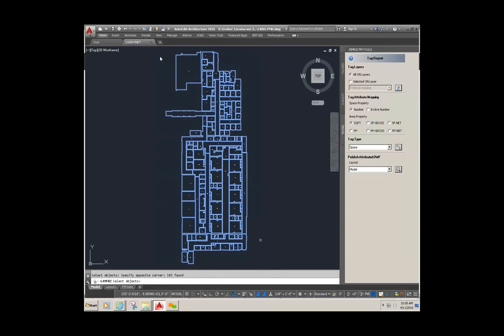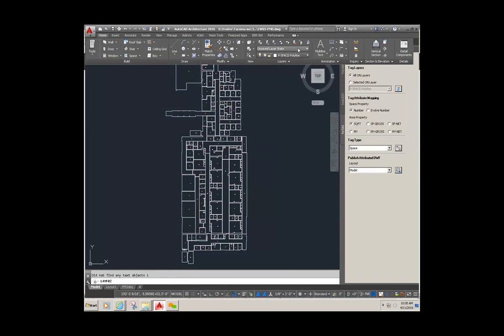And this attaches the data that Evolve needs. It attaches it to the polyline. There you go. Then we need to go back to my